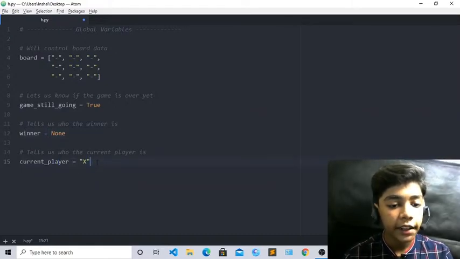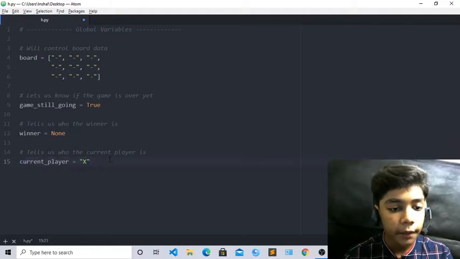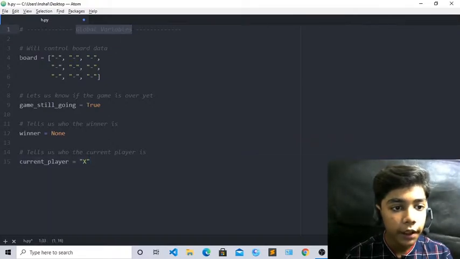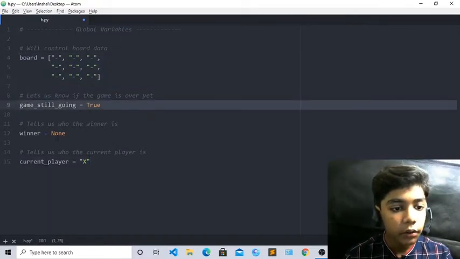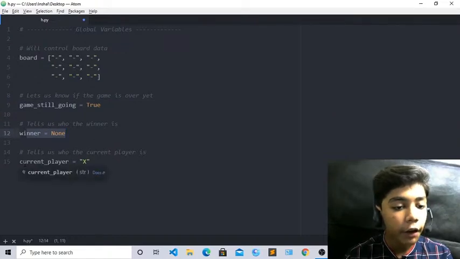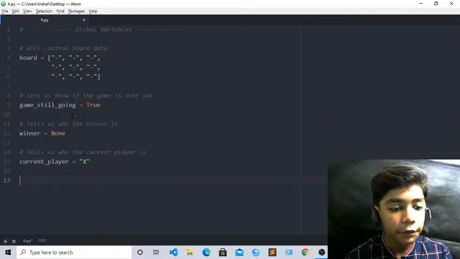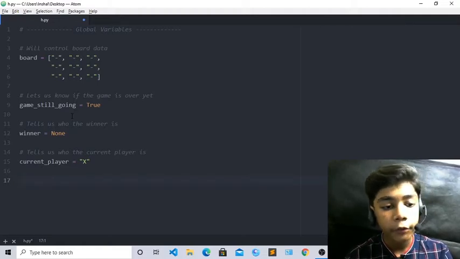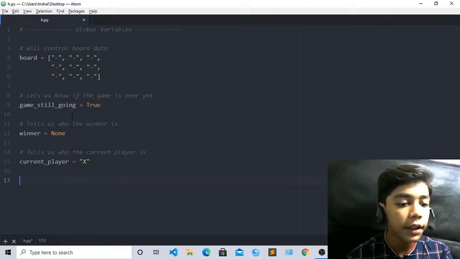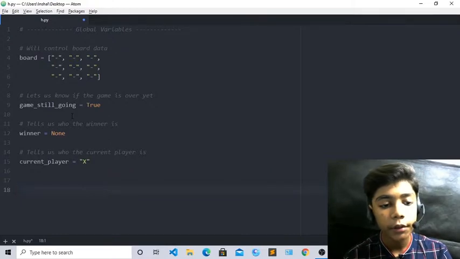In the second section we will start functions. First we defined our global variables like board, game is still going, winner none, and then our current player. So now we will define functions. For defining functions, first of all you have to give 2 or 3 spaces. I will give 3 spaces here, because it is really important.